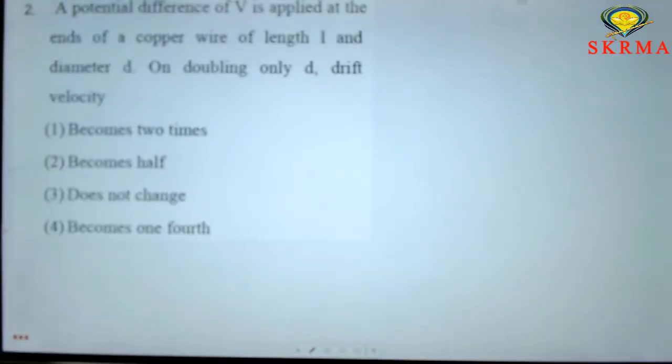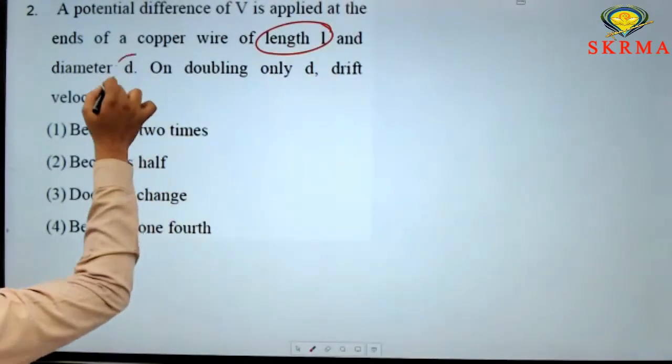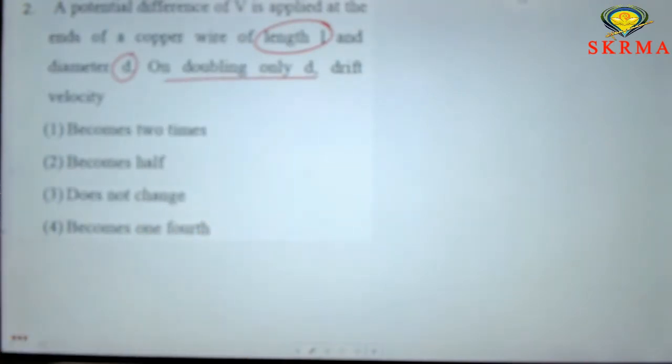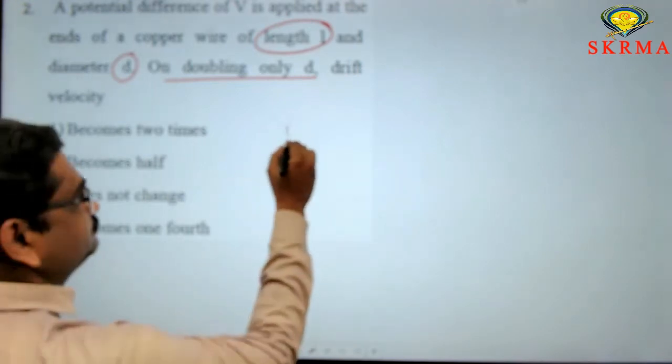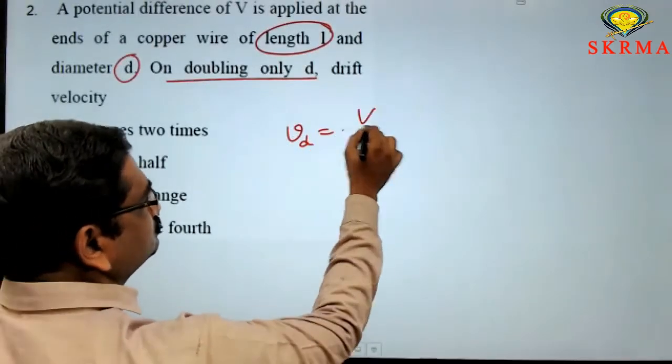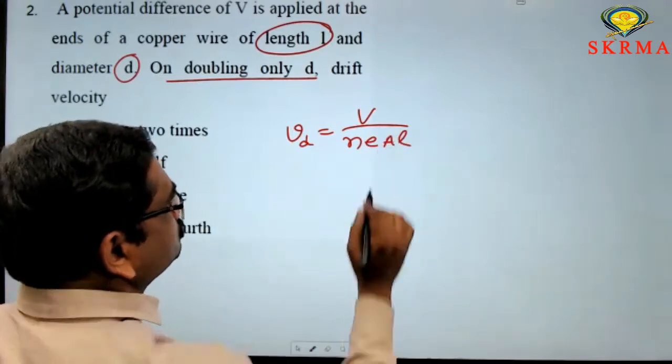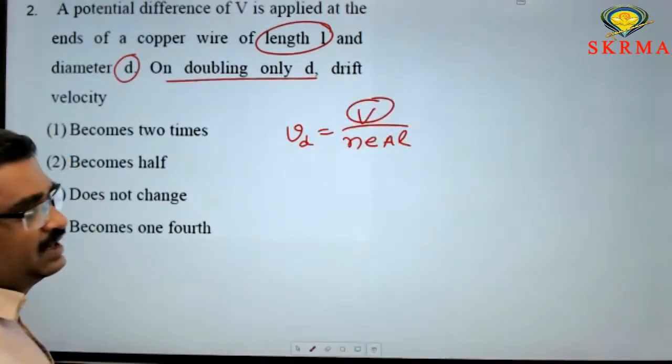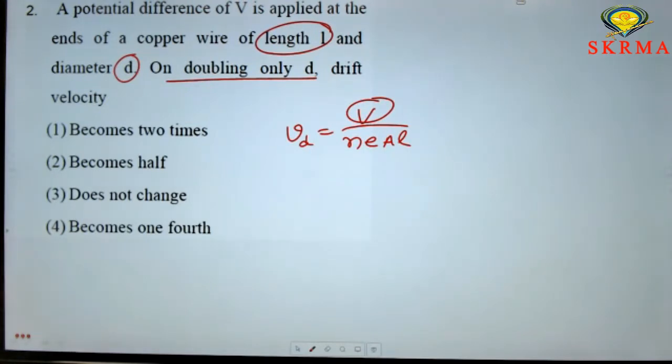Next one. The potential difference V is applied at the ends of a copper wire of length 1 meter and diameter D. On doubling the diameter D, drift velocity is. So, the drift velocity formula: voltage, potential difference, by N into E into A into L. So here voltage V. But in this formula, there is no dependency on diameter. So we can conclude that if you double the diameter, then